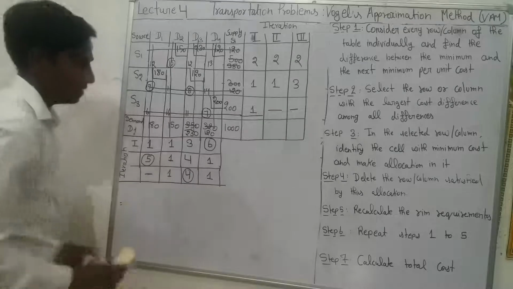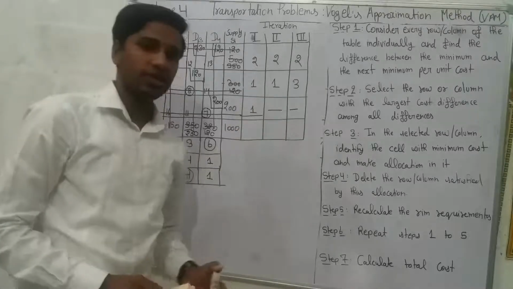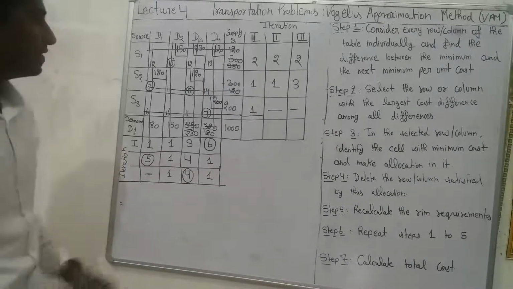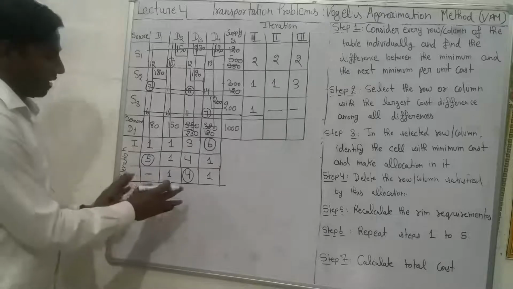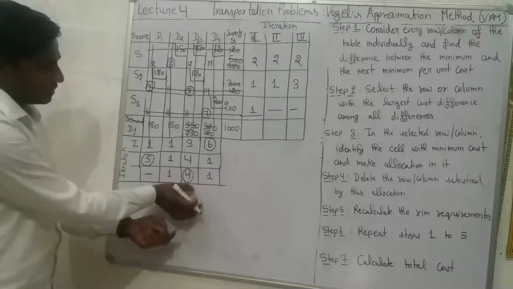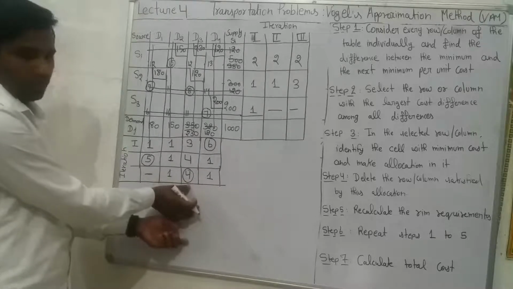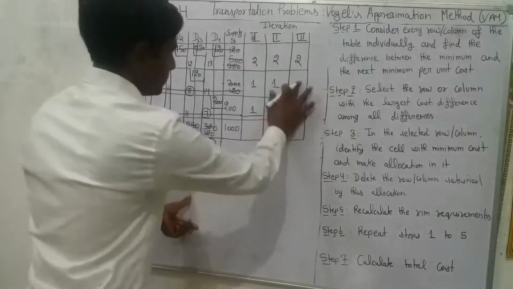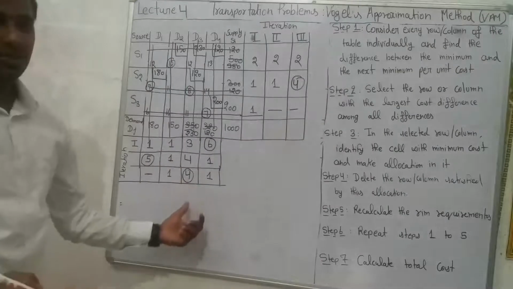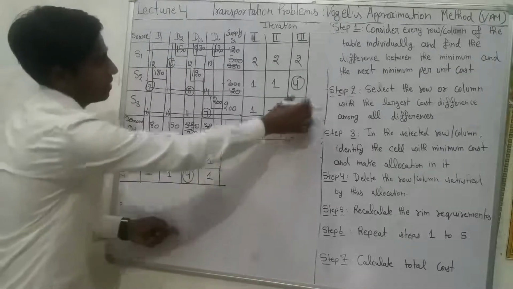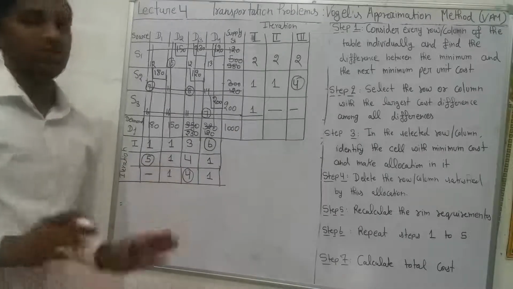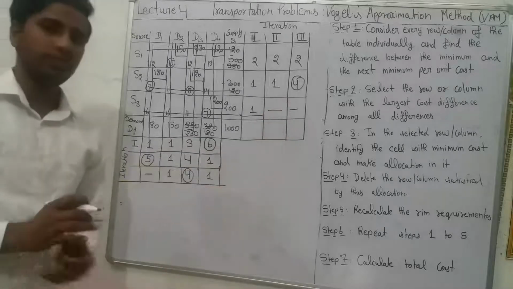There is a special case we sometimes face while solving a transportation problem with the help of Vogel's approximation method. What is that case? Suppose I am just taking these values hypothetically. The maximum cost difference was 4 in this cell, and suppose that there is a tie between the largest differences, between this 4 and this 4. In this case, which cell are we going to select, or which largest value?